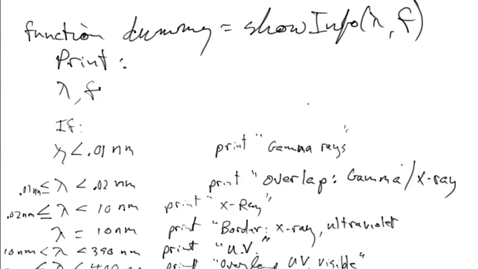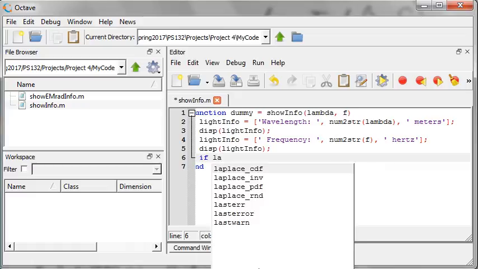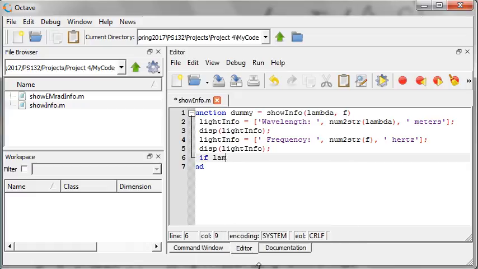Now we're supposed to print out what kind of radiation it is based on what lambda is. So if lambda is less than 0.01, let's try that. If lambda is less than 0.01 nanometers, E minus 9,